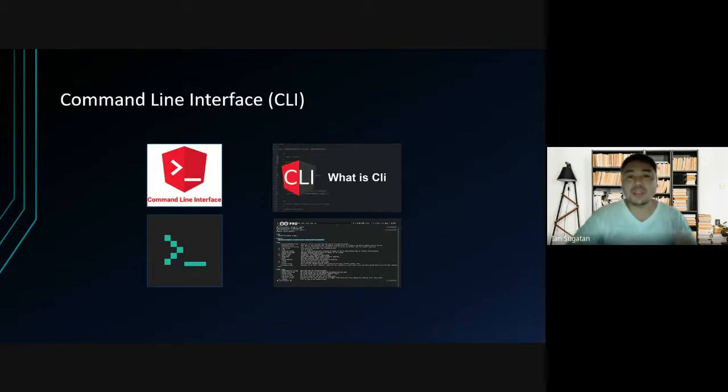Basically, whenever you use the keyboard more, you are using CLI instead of GUI. But within a GUI, you can also use CLI as long as you use special software. So the disadvantage of CLI is that the user needs to remember a lot of commands